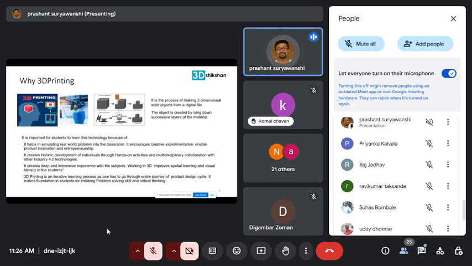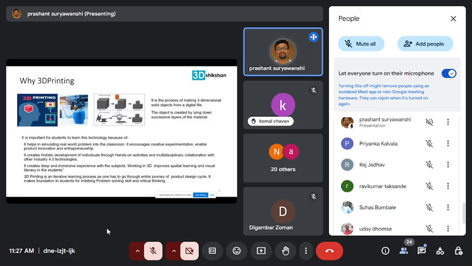So again, 3D printing teaches important skills to the students, like how to absorb failures, right? Because once you are going to print it, you will encounter an n number of problems, like maybe the bed is not aligned, so the print is failing, and all these things. In that, you will also understand that whatever idea you are thinking, maybe a change is needed to fit that idea into the real product. So this is iterative learning for the students.